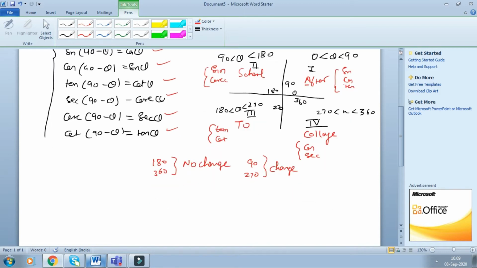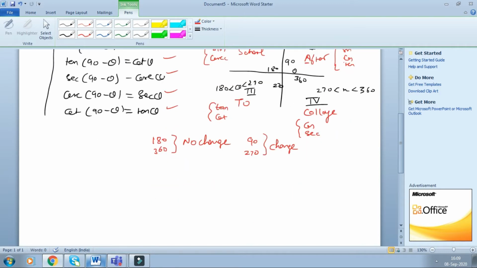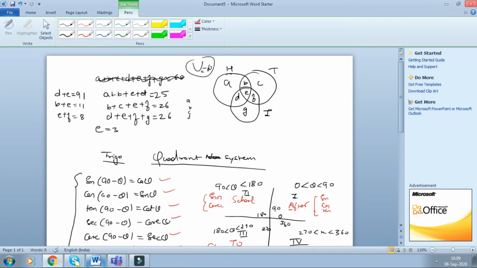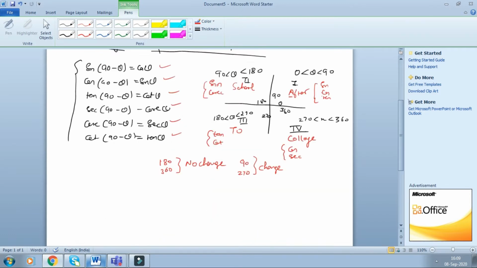See, now we will frame a quadrant. How are quadrants framed? Let me reduce the size first. Okay, now see how the quadrants can be made. The first quadrant, how do we have to write it? The same that I wrote here, you have to write it again, because for the first quadrant you have to make the formulas for 90 minus theta.